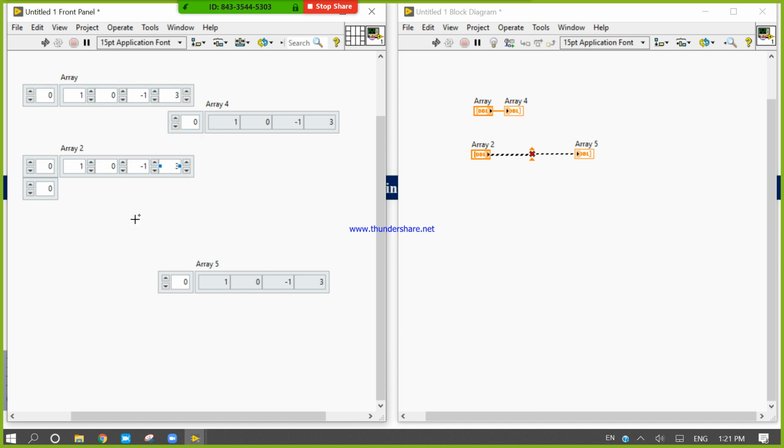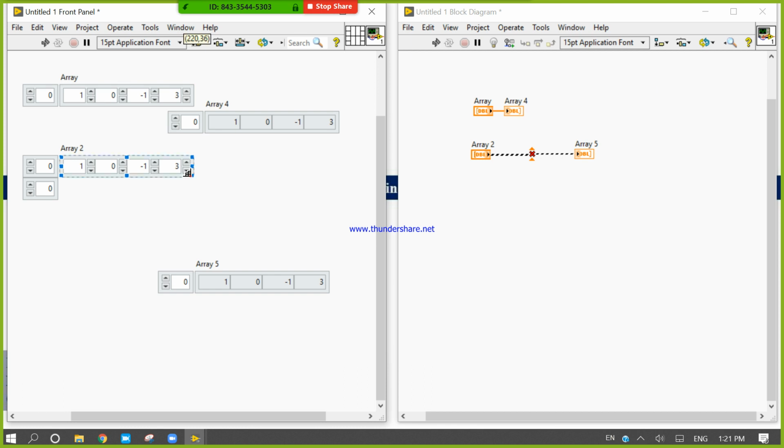Look here, the dimensions: this is array 2, this is array 5. The dimension of this array is 1 and this is 2. Now you can increase the size.